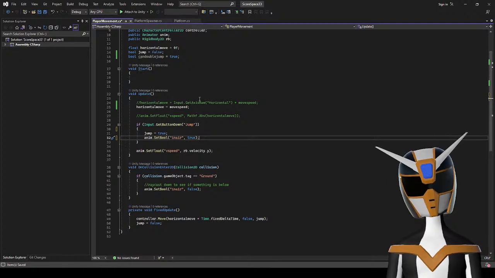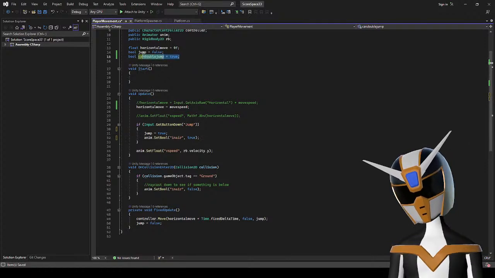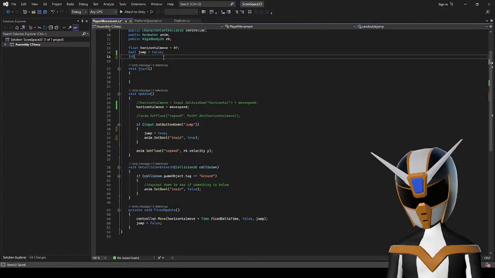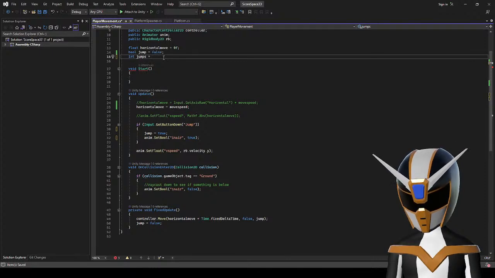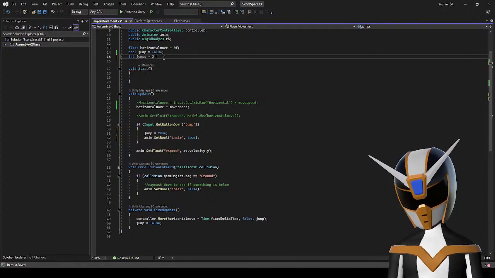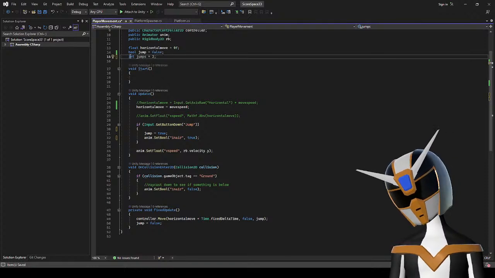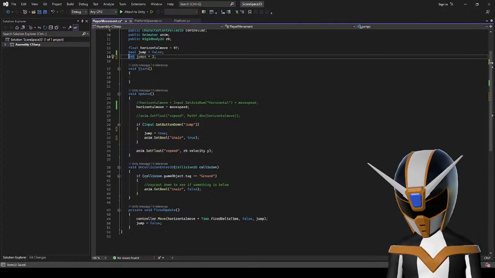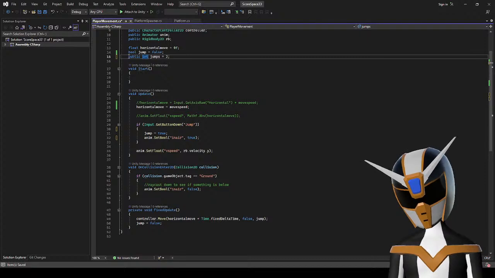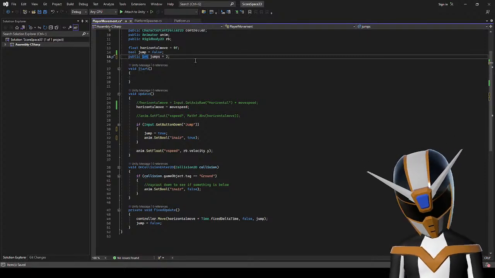Let's just make it an integer. Int jumps is equal to 2. Okay, I can make that public so I can determine how many double jumps there are.